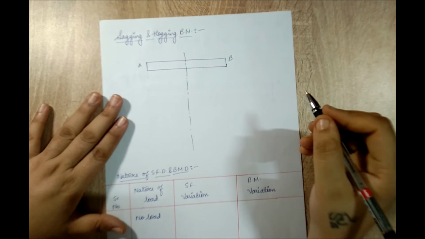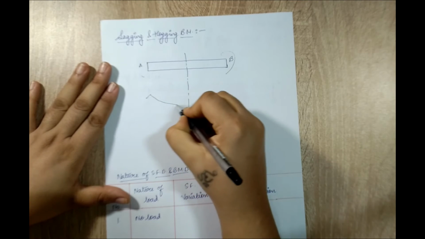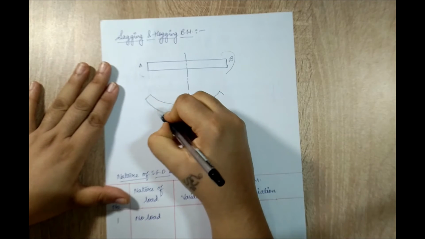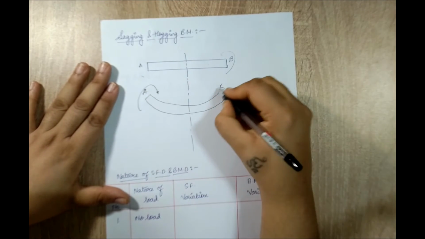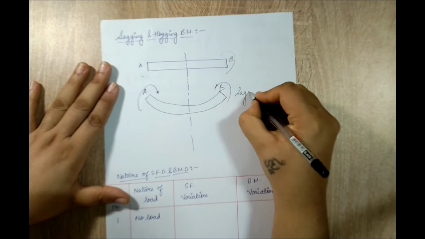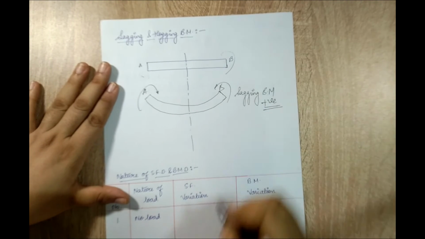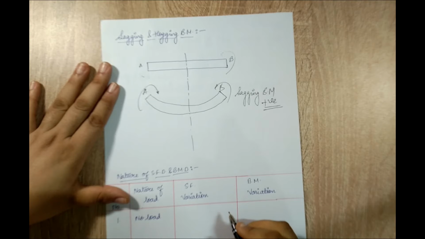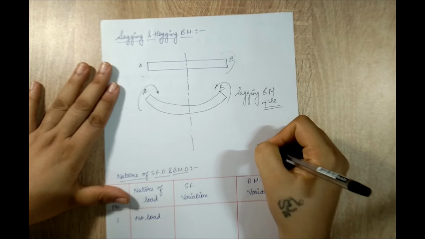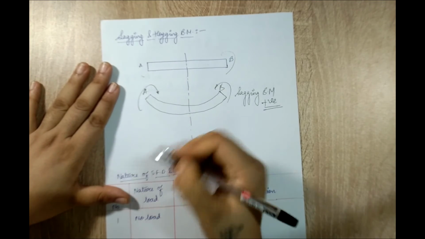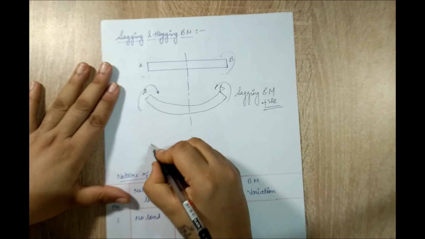I will just show it pictorially. So if I have the moments like this, turning the body upwards, the beam will bend in this format. This will be called sagging. This is called sagging bending moment. This type of bending moment is generally considered positive. Again, it's a sign convention. If you want, you can take it as negative as well. And if you say this is negative, then the other one should be positive. So the other one is an inverted U, which means the forces are not this way, it is upside down. So I'll have the beam like this.